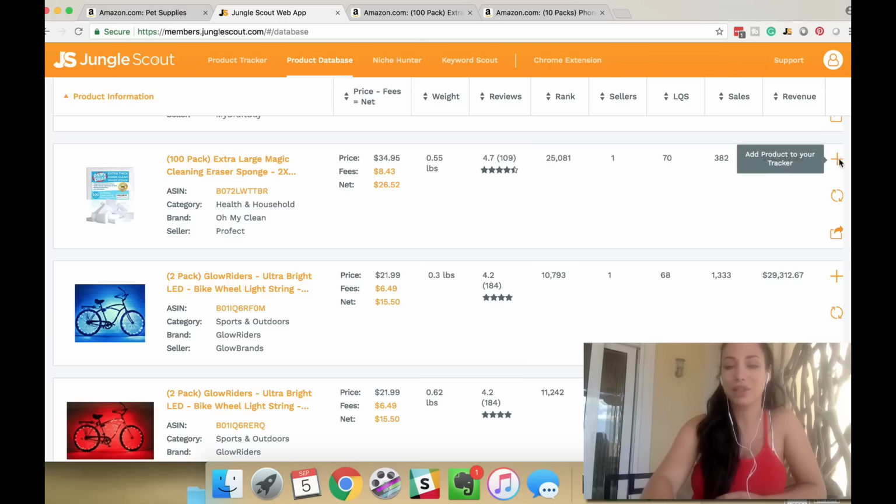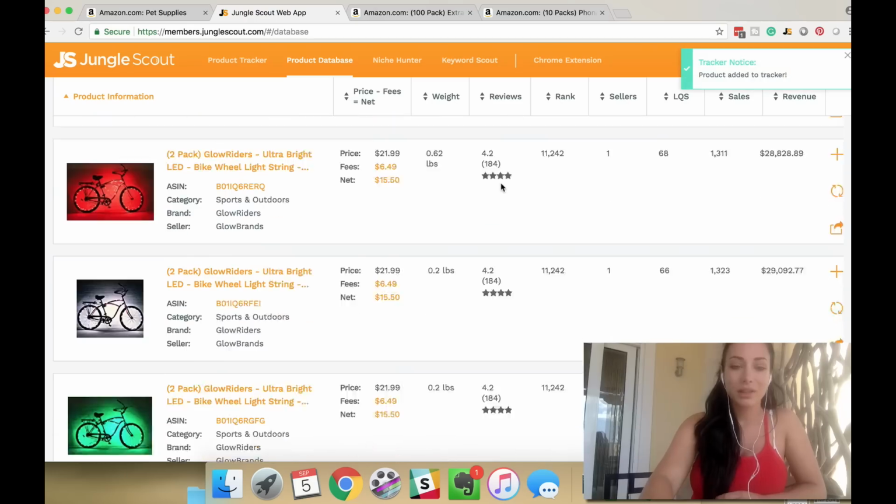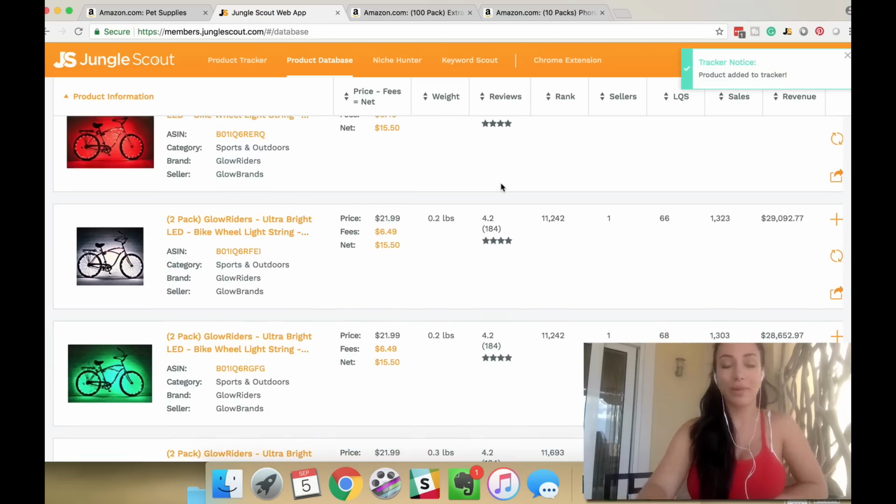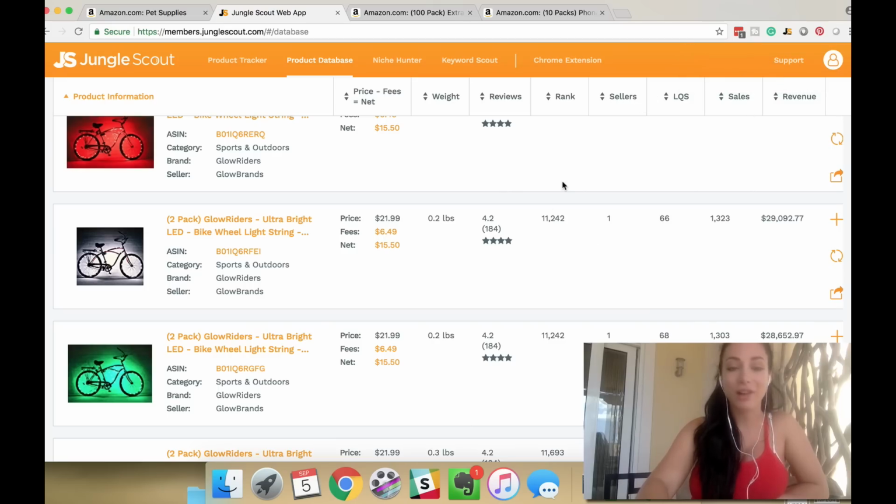So I'm going to add this to my tracker. Without going too long with the web app, that's basically what you do. And then you can just look at products on your tracker. You can track it for maybe a week, 2 weeks, 3 weeks, see how things are, and then you settle